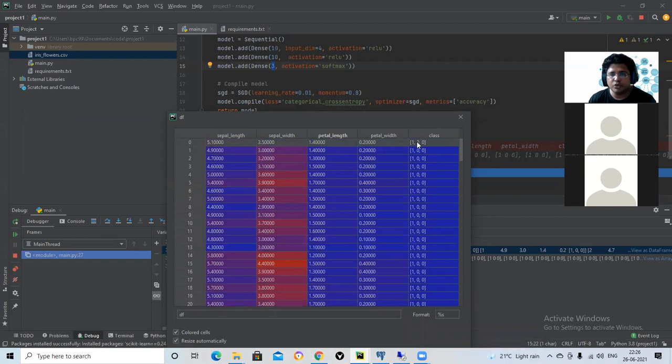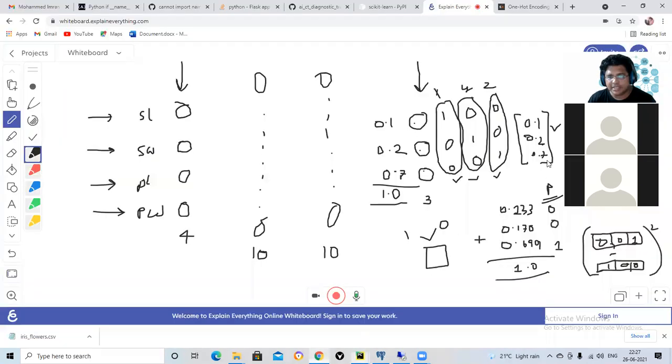So when I do model.fit in SGD, I'll input 5.1, 3.5, 1.4, 0.2, and I will get, say, this one. Okay, this one is what I will get.